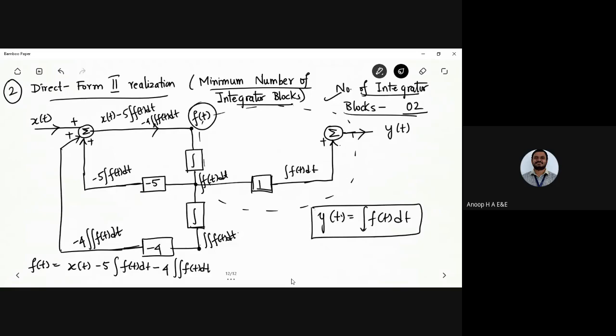Okay, so I'll be realizing it using direct form 1 realization and direct form 2 realization. That is the number of integrator blocks that are being used, in case of direct form 1, and direct form 2 realization we had already done in detail. So I think you have a bit of an idea regarding direct form 1 and direct form 2 realization. Okay, so now before winding up the class, I would like to give the problems here,